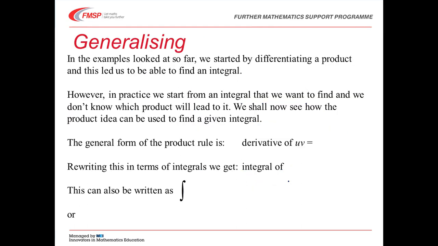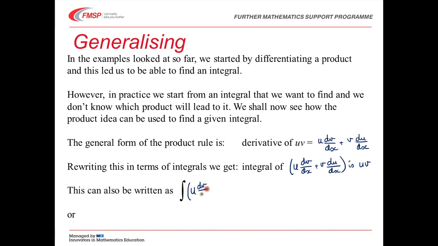Now we can generalise this and end up with a formula that will enable us to integrate products. So the general form of the product rule, uv differentiated, is write the first, differentiate the second, plus write the second, differentiate the first. So that means, using the fundamental theorem of calculus, that the integral of u dv by dx plus v du by dx is uv. So writing that formally,